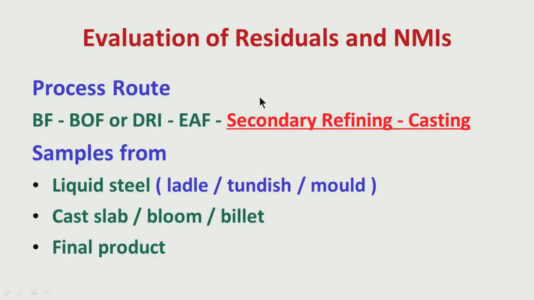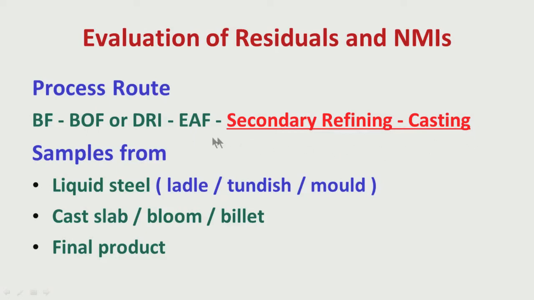I am now talking about evaluation of residuals and NMIs. First, let me talk about what is the process route, how steel is produced at commercial scale. There can be two broad routes for the production of normal grades of steel. One is the blast furnace, basic oxygen furnace, and then secondary refining and casting. Another is DRI, that means direct reduction iron, electric arc furnace, and then secondary refining and